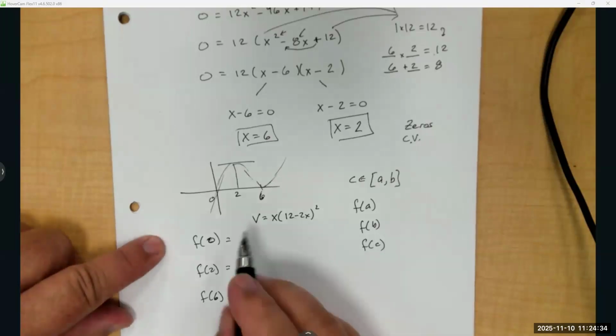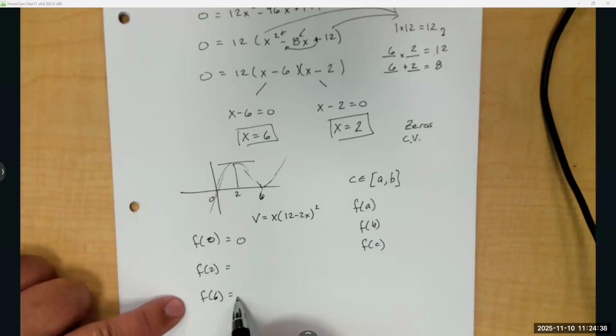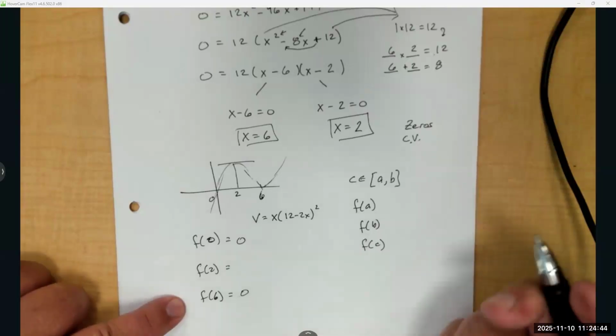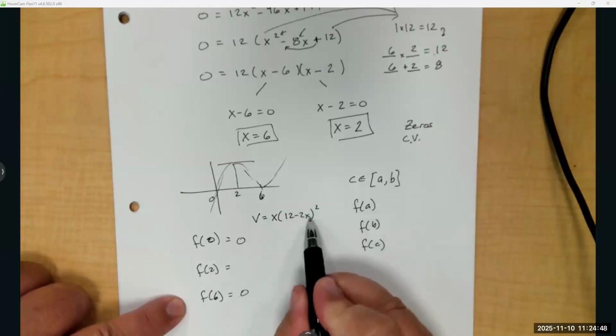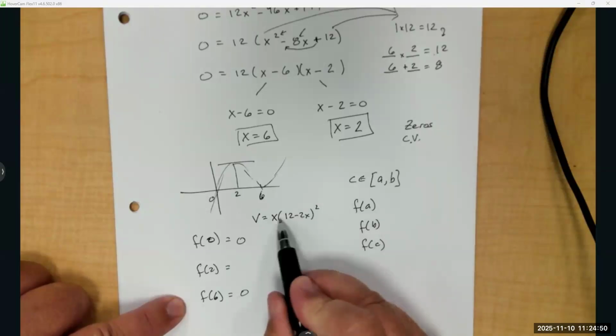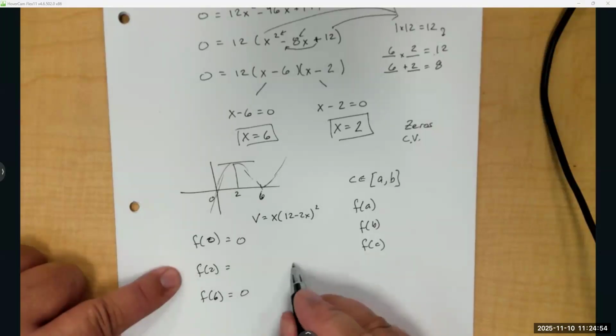Yeah, but 0 times anything is 0. If we plug in 6, what do we get? Well, remember we got 6 as our intercept. 2 times 6 is 12. 12 minus 12 is 0, so the whole thing's 0. Now if we plug in a 2 in there,